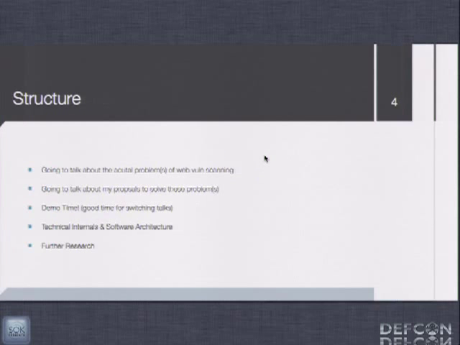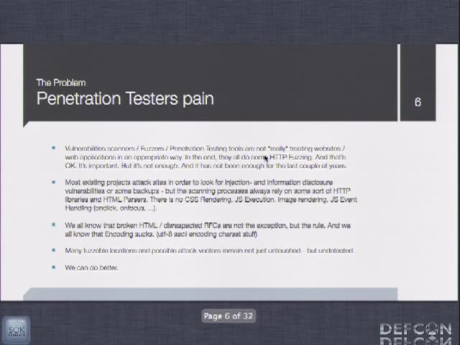How many of you are penetration testers or actually worked in that space? Could you raise your hands? I thought so. So a lot of you. So you know the tools out there, you know what they do, you know how automated they are. And you also know that during a penetration test, we can't really rely on one tool as the final and the only solution for web apps, because,